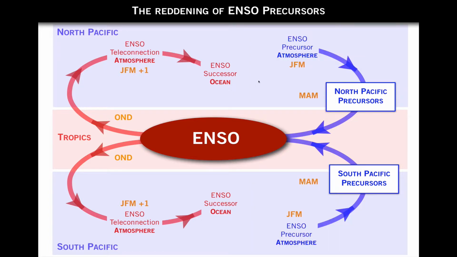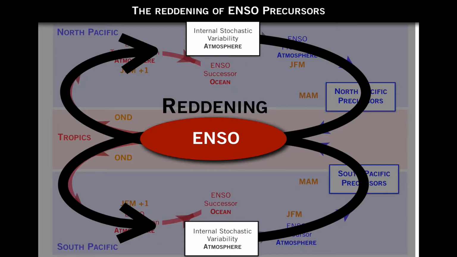So the idea is that we have this path from the ENSO precursors into the tropics and back into the extratropics. So this essentially is a path that allows for the reddening of the internal stochastic variability that happens in both the northern and southern hemisphere. And so I call it reddening because this path from the extratropics to the tropics to extratropics provides essentially a long-term memory, because it takes almost 2 years to complete the cycle from the growth of the decadal variance to the peak to the decay.